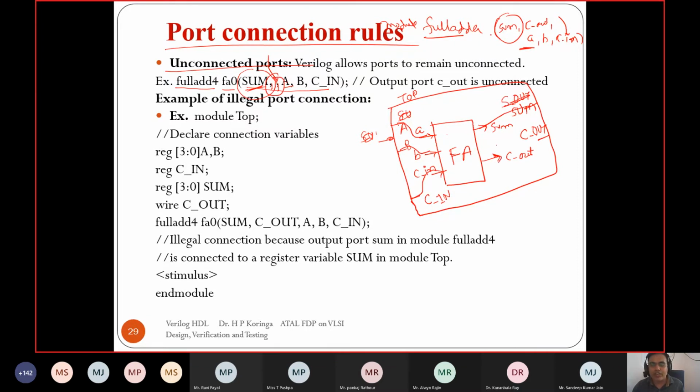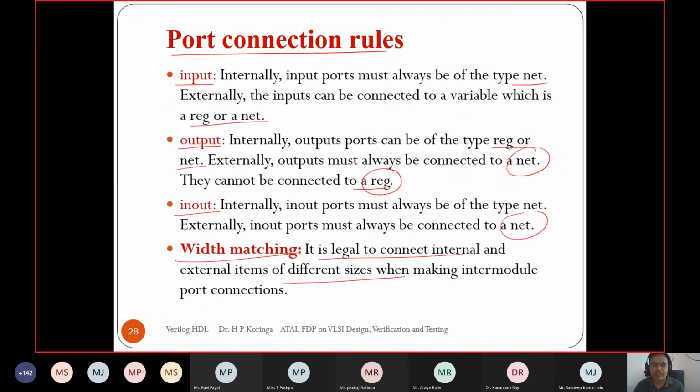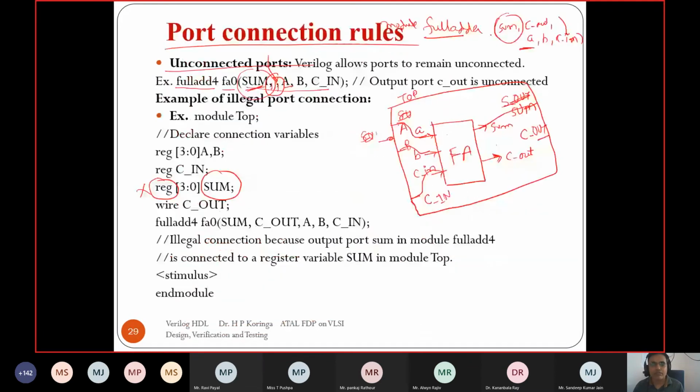It is not connected anywhere, so it is a hanging terminal and is considered high impedance. But what is illegal is that we cannot specify the output, here sum, as a reg. It will give you an error, because output must be of type net or wire in a top module. Keep in mind what we have seen in this structure.